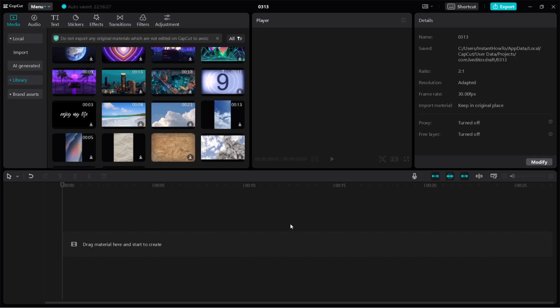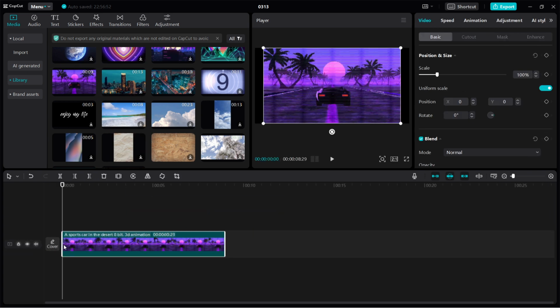In this video, I'm going to show you how to make motion blur in CapCut PC. So the first thing you want to do is find yourself a video you'd like to add motion blur to. In my case, I'm going to use this render of this 3D car driving down the road from the library